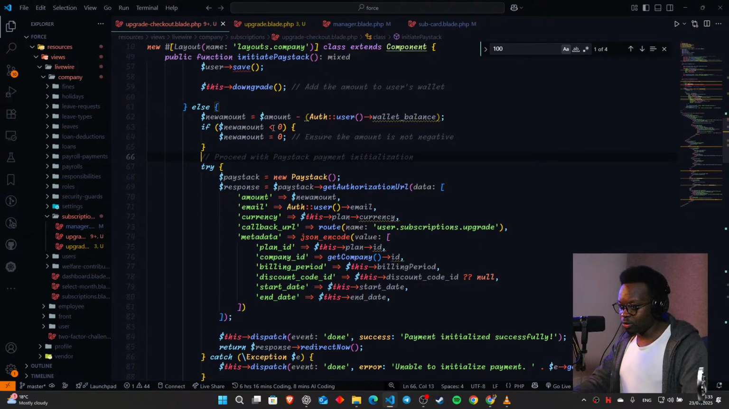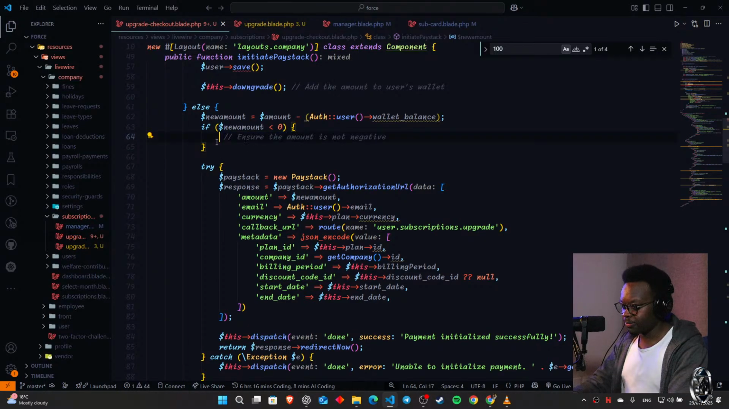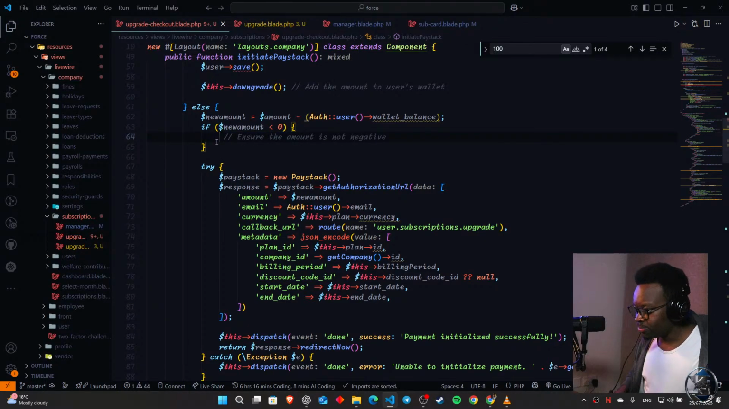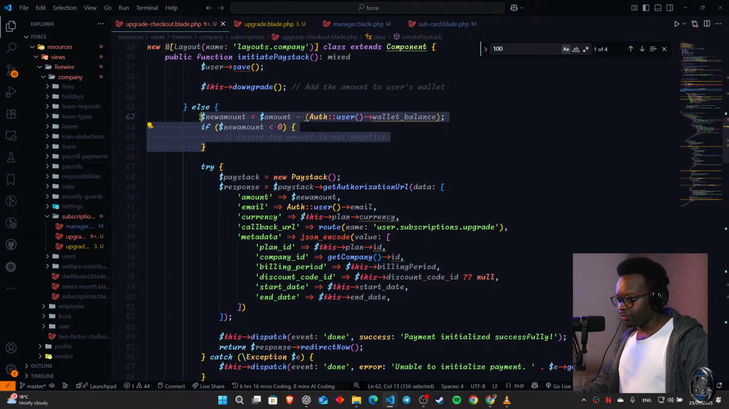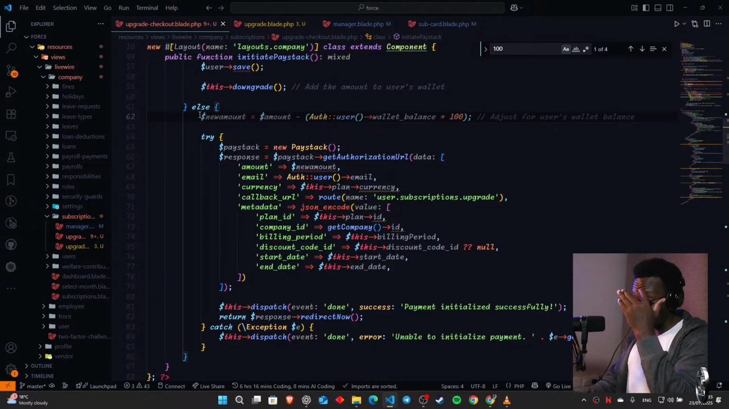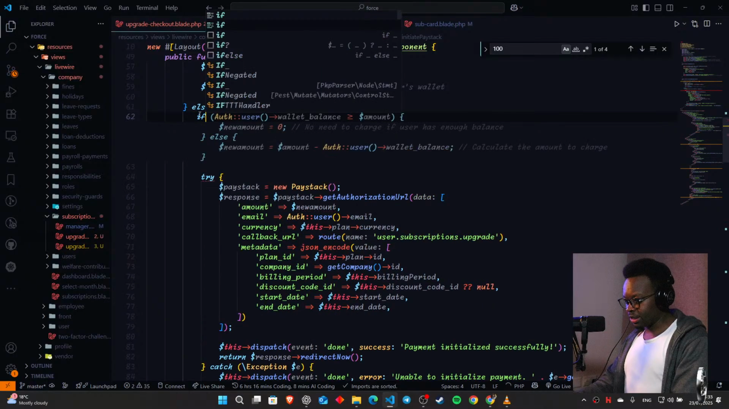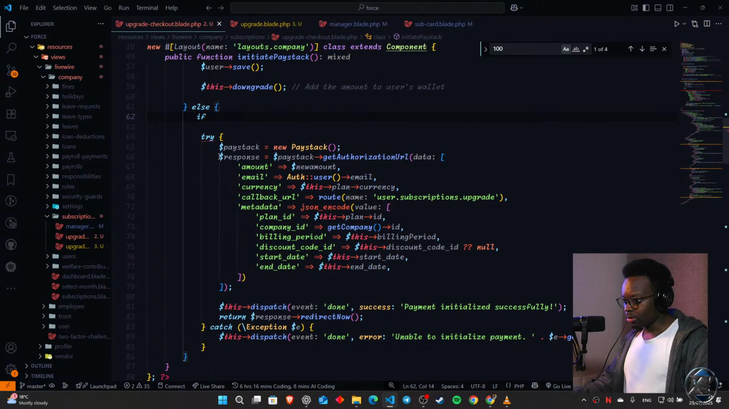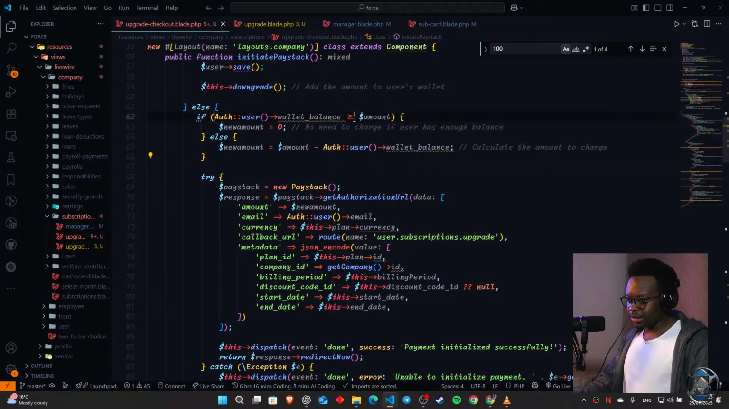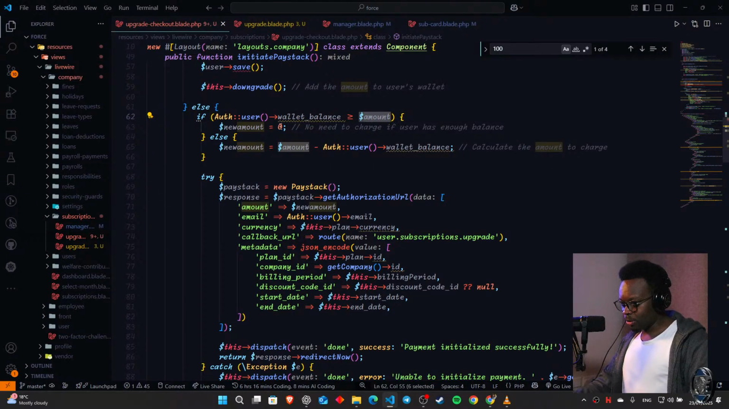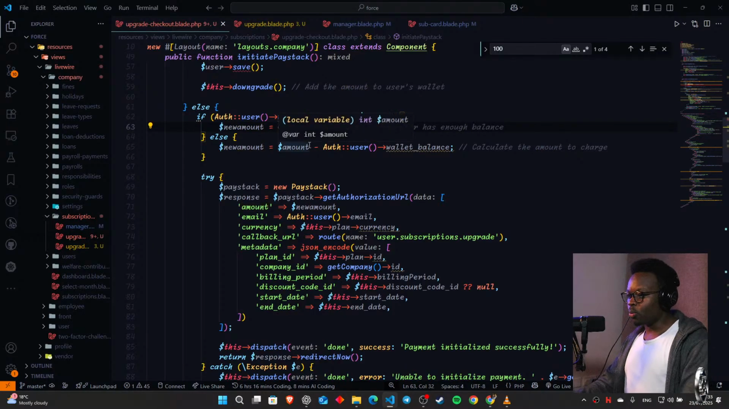Inside here, if the new amount is less than 0, here's the thing. If the new amount is less than 0, it means that... okay, first of all, here's the thing. If the new amount is less than 0, or let's just put it like this. If the wallet, yes, this is exactly what I was looking for. So if the wallet balance is greater than the amount, then the new amount is 0, okay, and the wallet balance